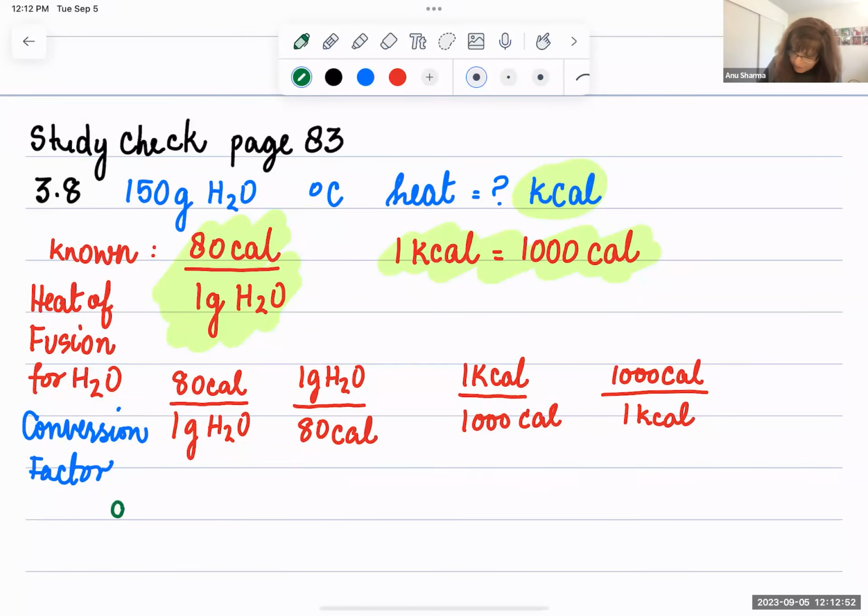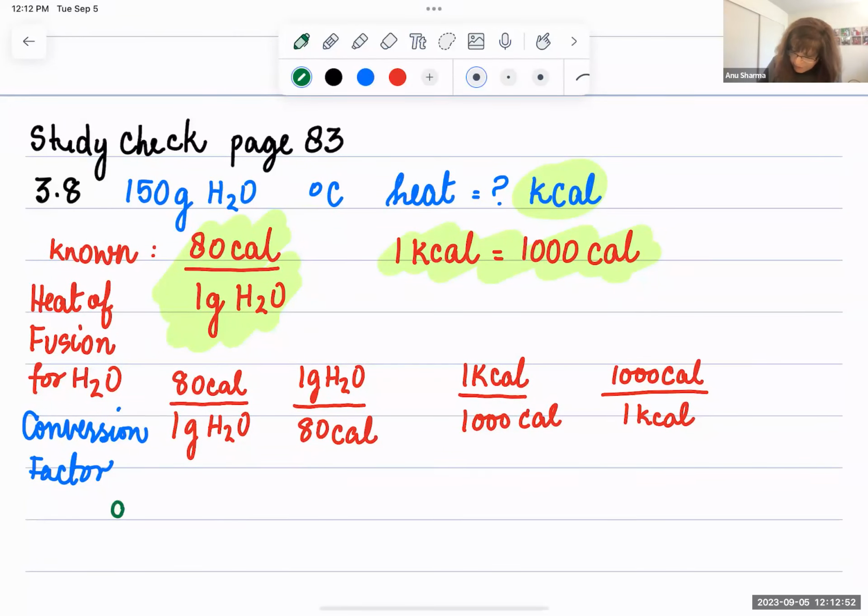Here, you're going to use the conversion factor to convert the kilocalories to calories. So that's one of this. This is also called the delta H. This is also called the heat of fusion, HFUS. We write it like that. Okay. Anyway, so now we have 150